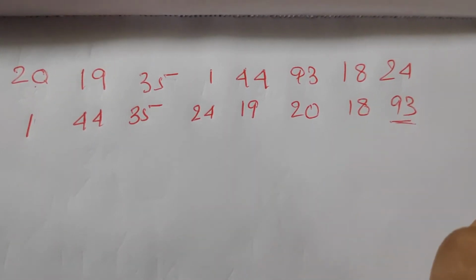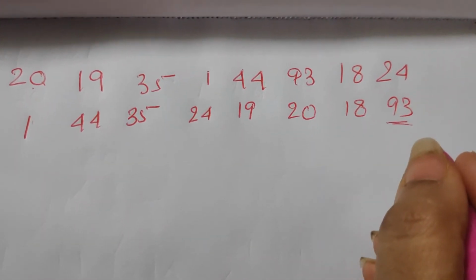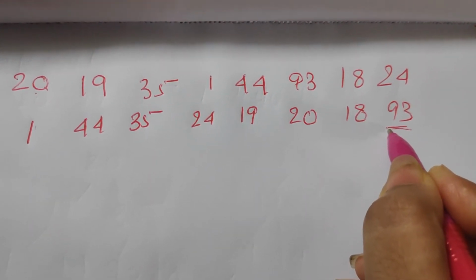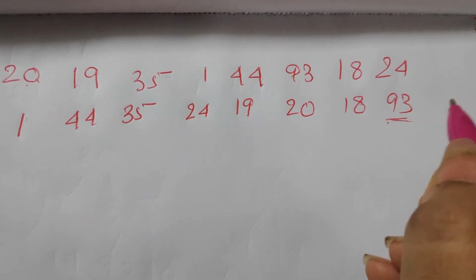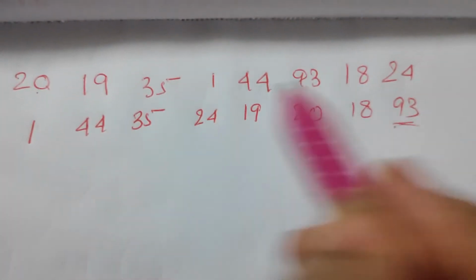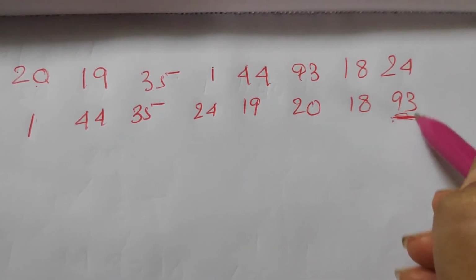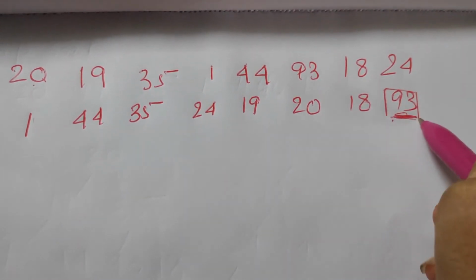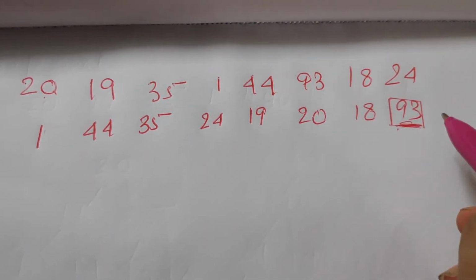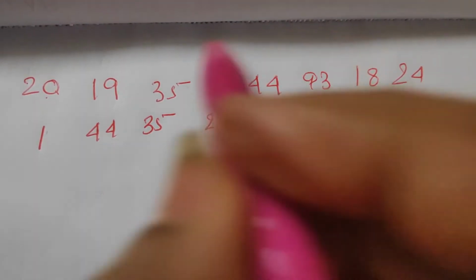So the number which was the maximum has got its position in the array, correct? So now the concept is we would leave this number because it has already got its correct position in the array. We will leave this number and we will again